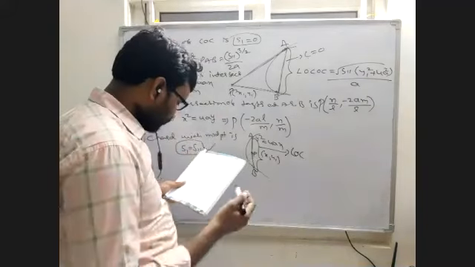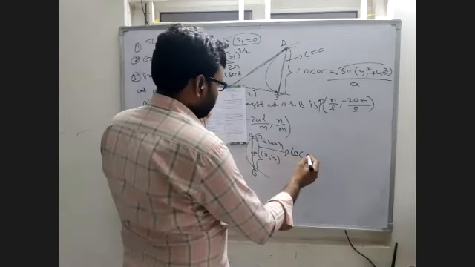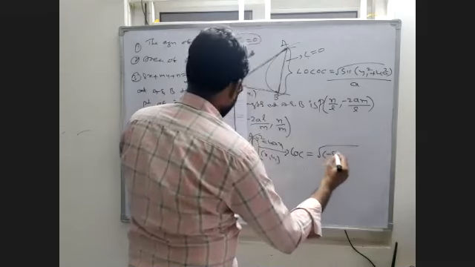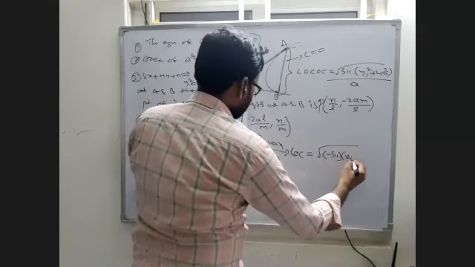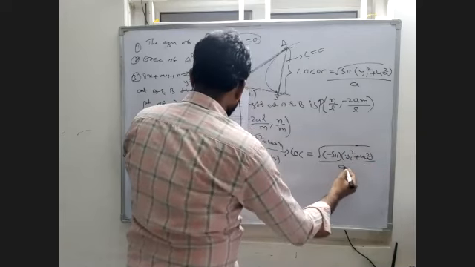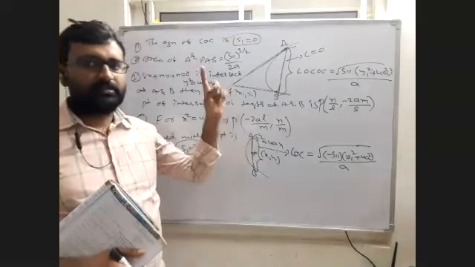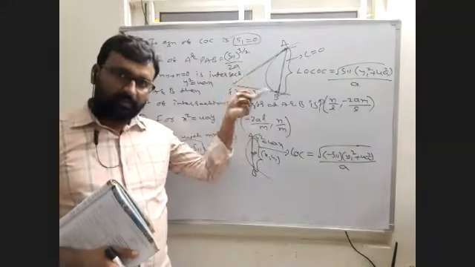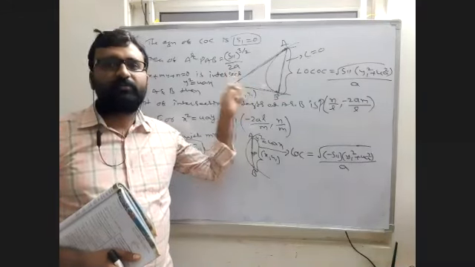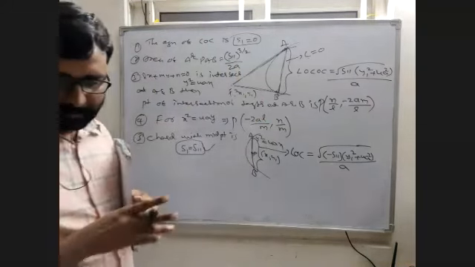What is the formula to find the length of this chord, given the midpoint? It is equal to root over minus S11 into y1 square plus 4a square by a. This is the formula to find the length of chord when the midpoint of the chord is given. For the chord of contact, the length is given for the point B. Okay, two differences there.